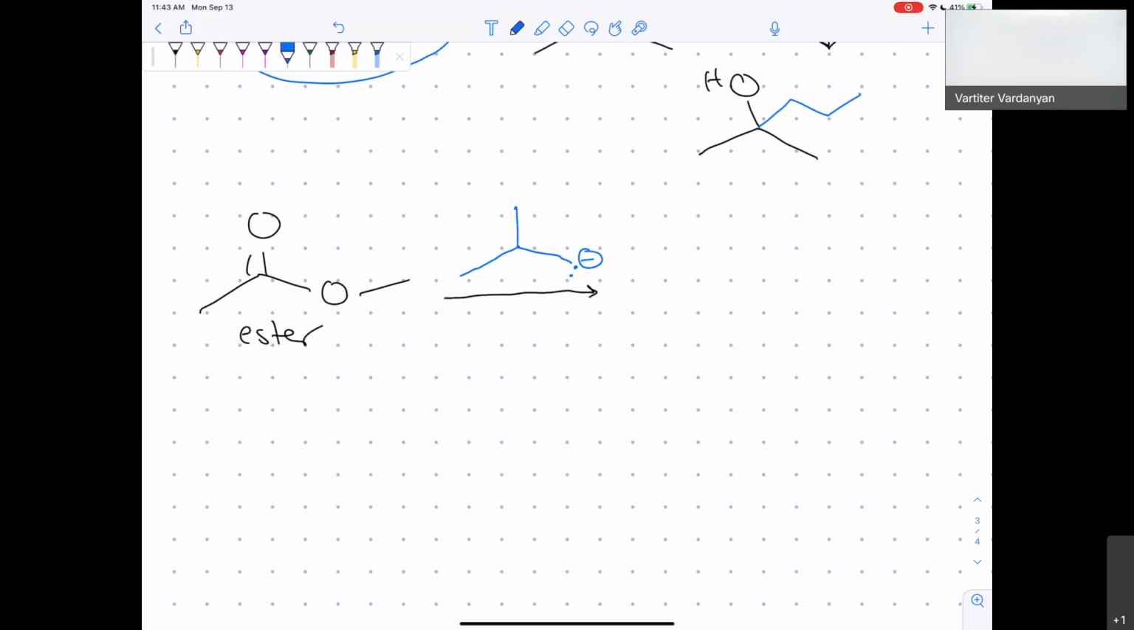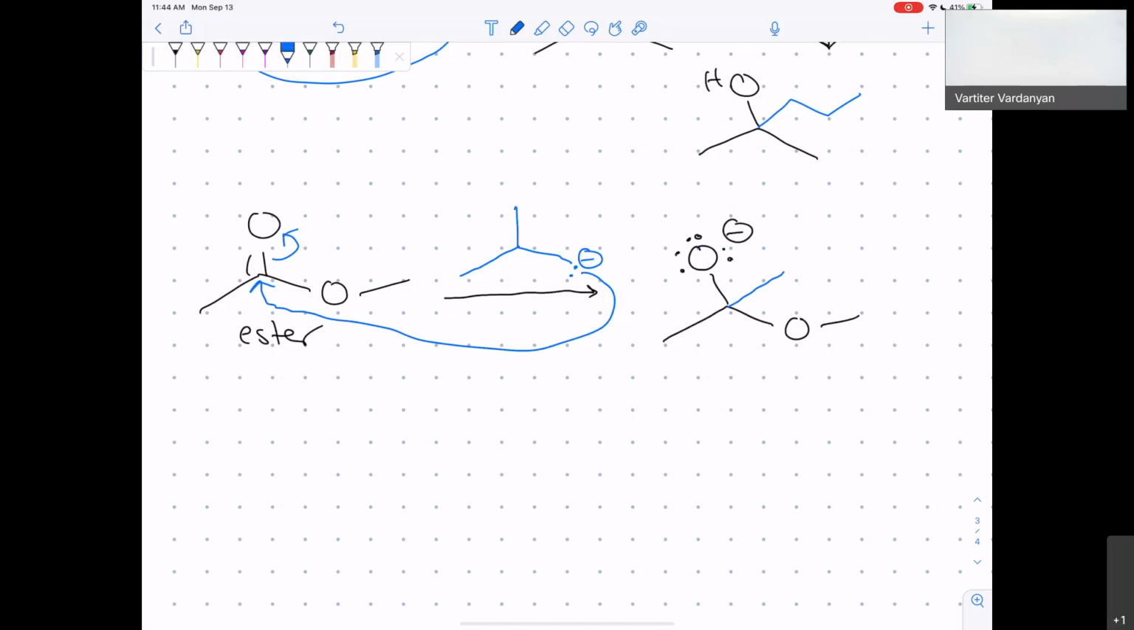Yes, so we're going to attack the carbonyl carbon. Bam, pick up these electrons, bam. And we get a minus charge, and we get 1, 2,